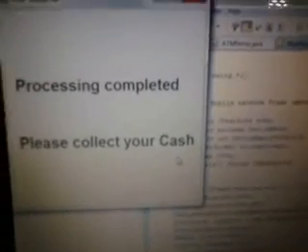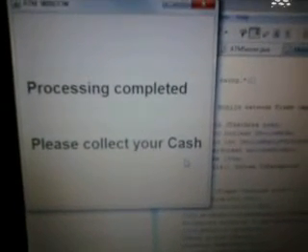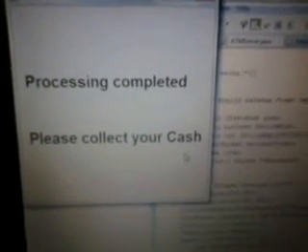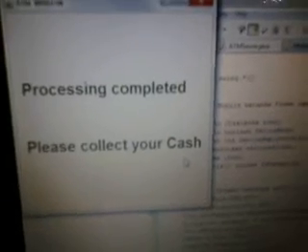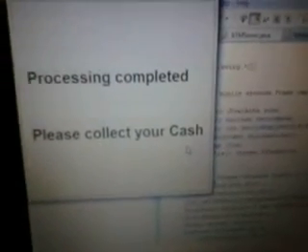Now in this case, the ATM server will not ask the fourth person to enter the cash amount or the bank from which he wants to withdraw. By default, the owner sets the device in such a way that if any fourth person is using the device, Andhra Bank is automatically the bank from which the money will be transacted, and that's the reason it has not displayed anything. It just says processing complete, please collect your cash. In this way, it works for the fourth person if the owner is permitting the fourth person to use the device.